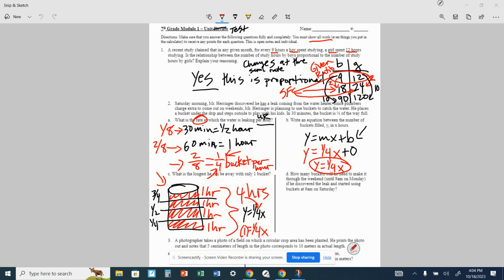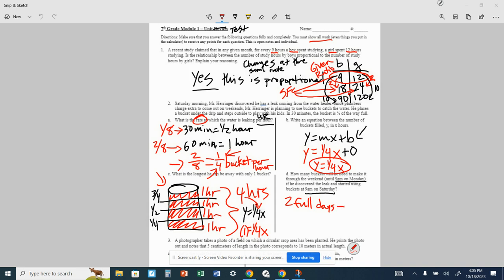So if that works for you, that's easy, right? How many buckets will he need to make it through the weekend until 9 a.m. on Monday if he discovered the leak and started using the buckets at 9 a.m. on Saturday? So this is where we need to know some stuff. We see it's 9 a.m. to 9 a.m., so that makes that easy, right? It's a full day Saturday. It's a full day Sunday. And since it's from 9 to 9, that means we're not doing anything other than full days, right? So from 9 a.m. Saturday to 9 a.m. Sunday is one full day. From 9 a.m. Sunday to 9 a.m. Monday is a second full day. So that's 2 full days,